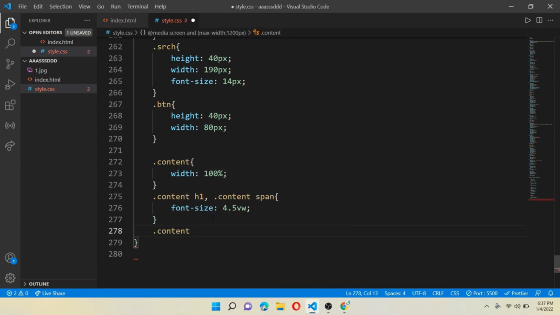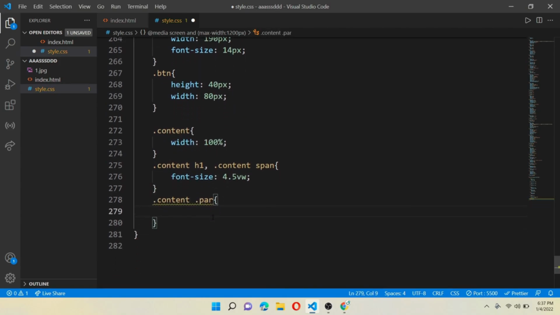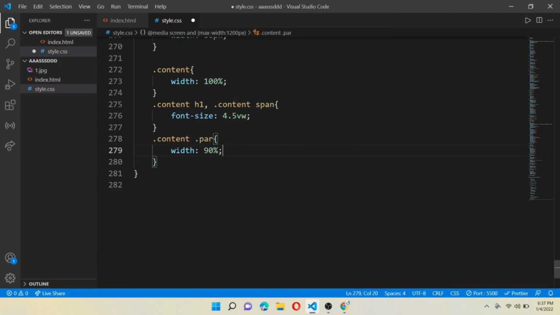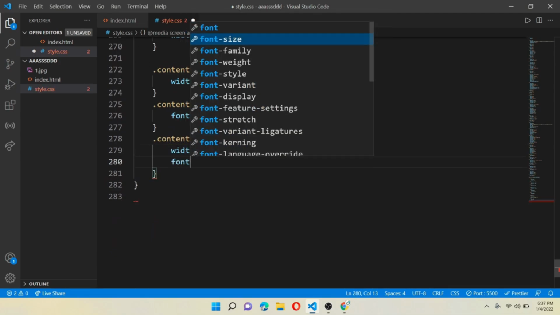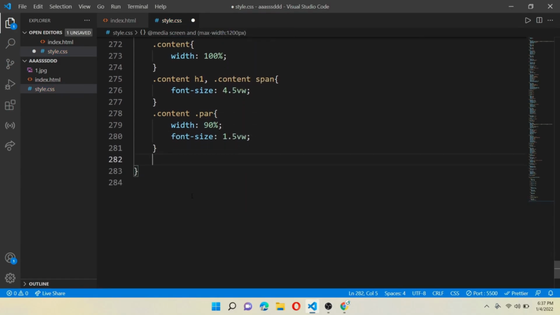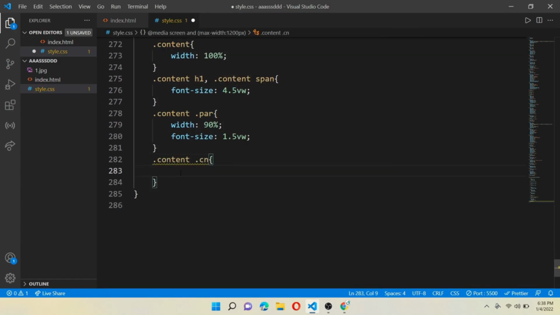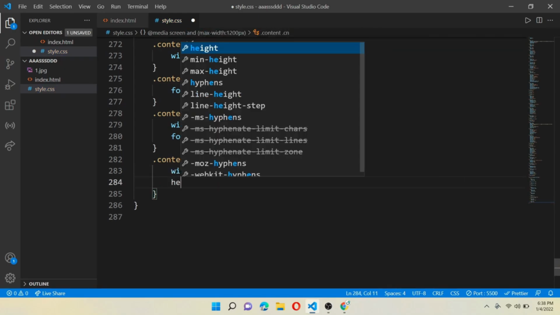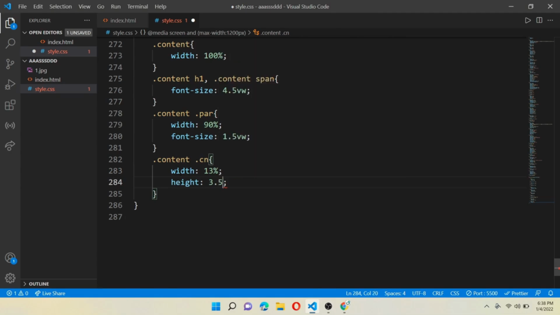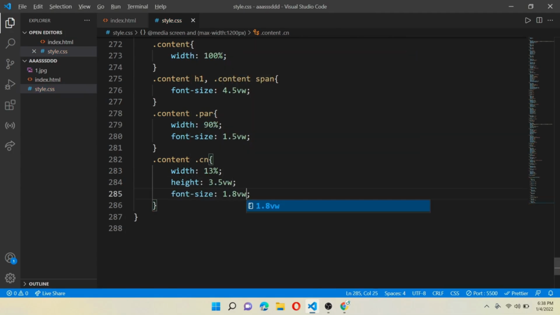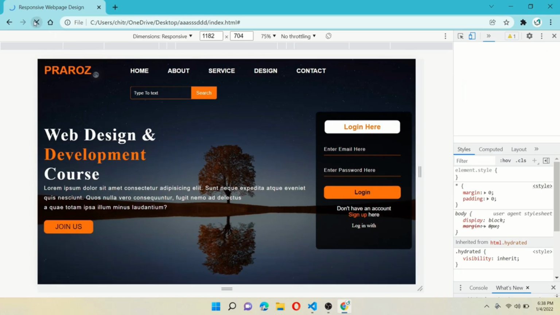Give another class content with class par, that is paragraph, give a width equals 90% and font size equals 1.5 vw. And now for the bottom right, class content class C, give a width of 13% and height equals 3.5 vw and also a font size of 1.8 vw.